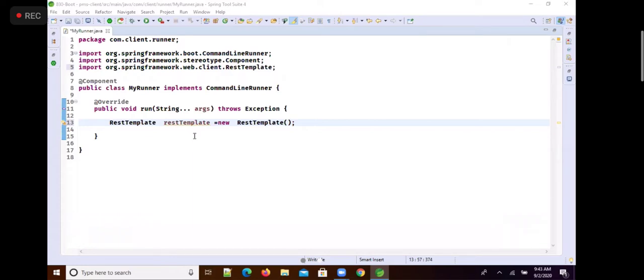Second parameter is going to be HTTP method. Third parameter: is any body required in the request or not? If the request doesn't require any body, then the third parameter is going to be null. If you want to send any headers or any body, then you have to create an HttpEntity object. Third parameter is HttpEntity object, otherwise null.